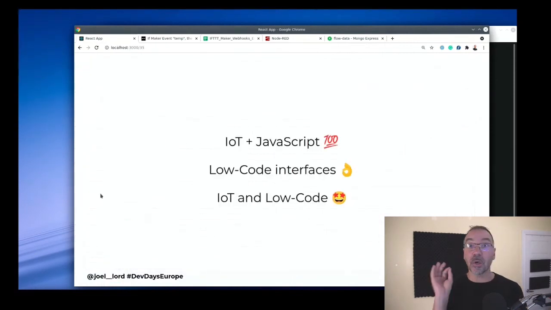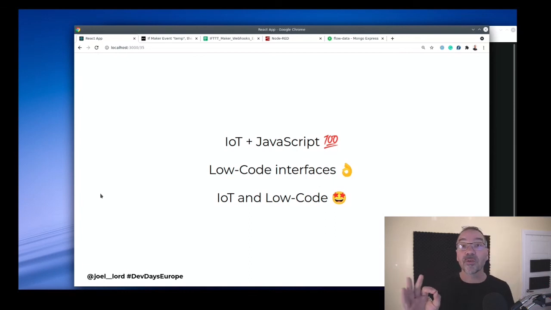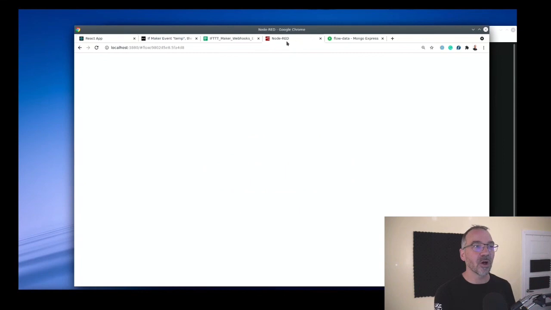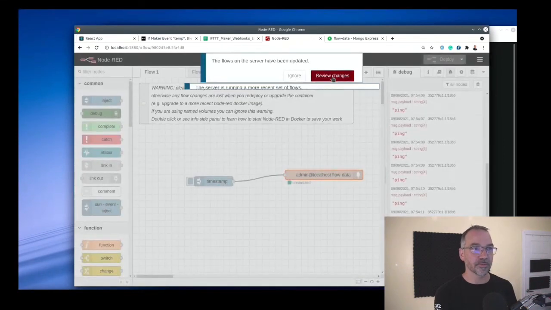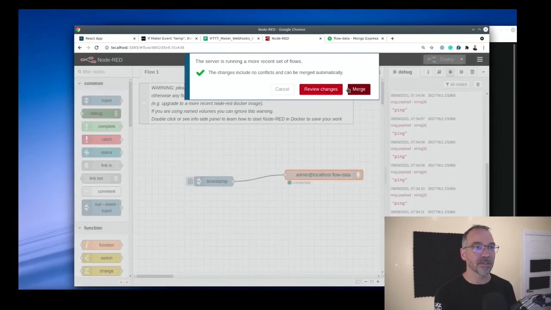All right, so IoT and JavaScript, should you use them together? They're amazing together. It makes it so much easier. I'm a JavaScript developer at core. I like to be able to use JavaScript everywhere I can. And this is actually what I've done right here. Low-code interface, really nice if you want to be able to give power. But even for a programmer, writing the code for all of this,